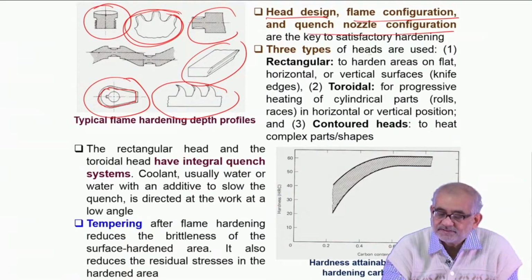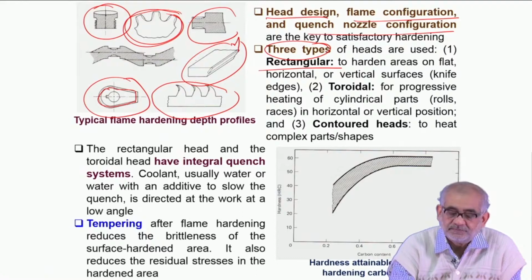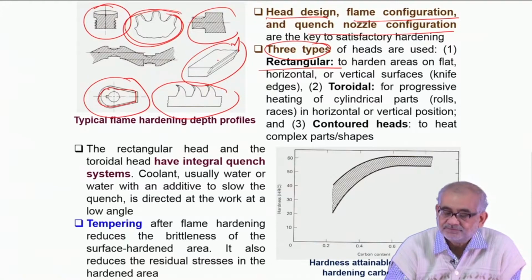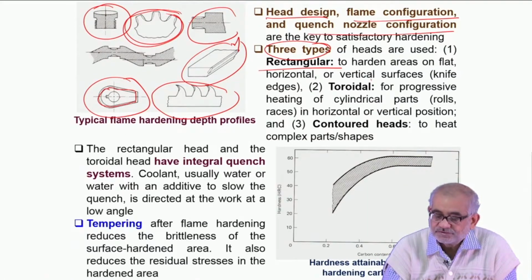So, we basically can have three types of heads. One is a rectangular head, for materials which are rectangular in nature, maybe a blade or a shear blade, or a cutting tip, which are rectangular or square or thin sheets and so on. So we use a rectangular head for heating. We can use a toroidal head, which is applicable to cylindrical or circular parts like rolls and races,